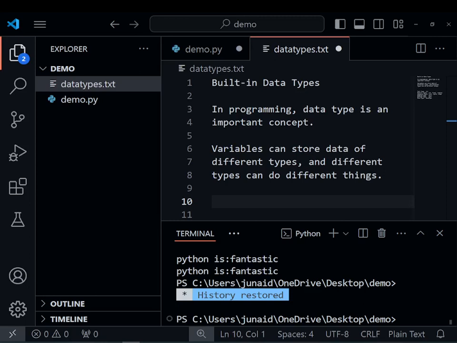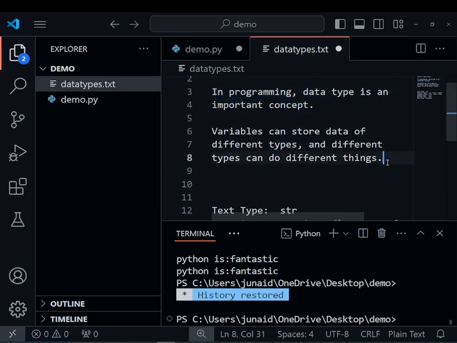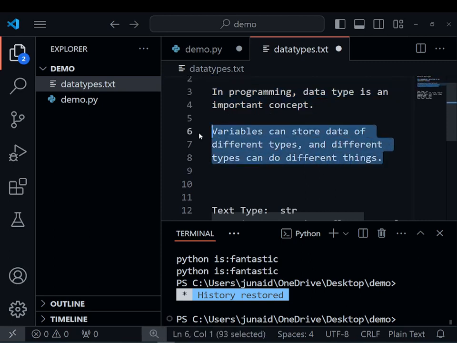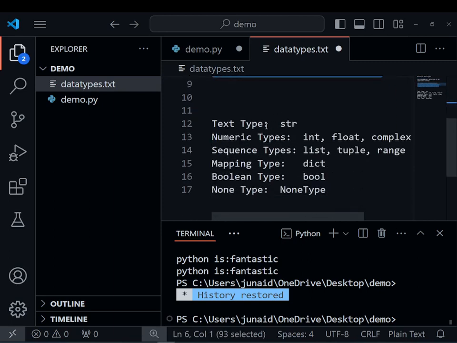Hi guys, in this part we are going to see data types in Python. In programming, data type is an important concept, and variables can store data of different types, and different types can do different things. In Python, for the text type we have a string, and for numeric types